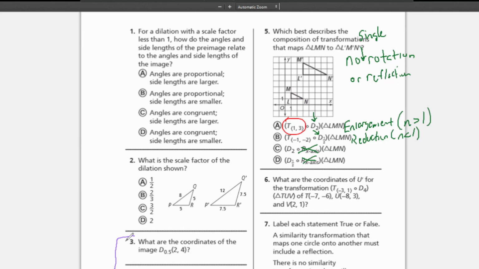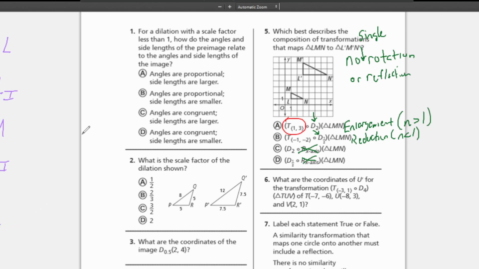And these two problems are priming us for this problem. Remember here, we had to dilate each of our coordinates. So let's do that before we move on. I'm going to find L. And remember, this isn't quite L prime yet because I haven't translated it. This is just a result of the dilation. So I'm going to say L intermediate, or that intermediate step. I'm going to have M and M intermediate and N